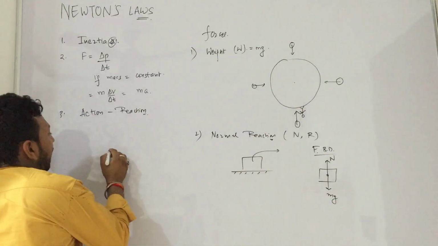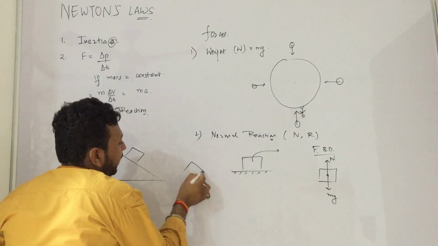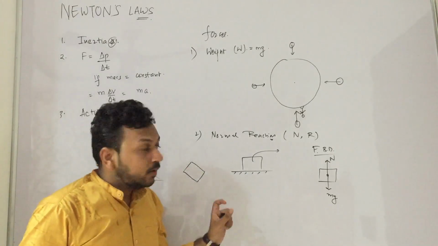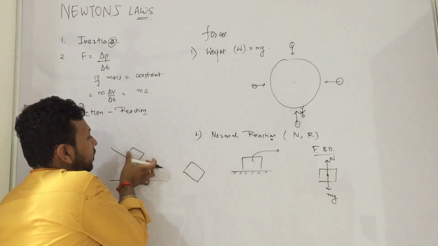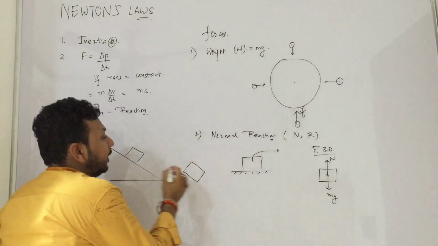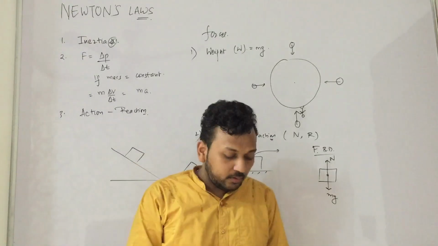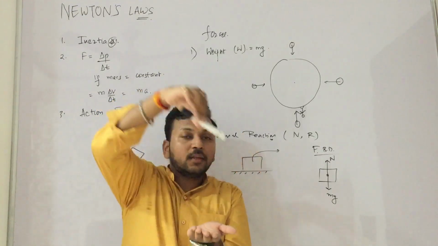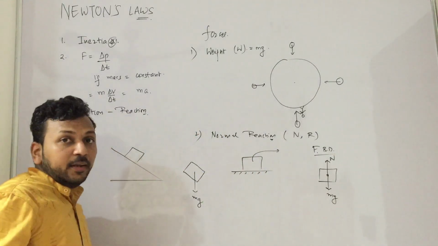If I consider a tilted plane, now if I make the FBD, first of all, you do not have to rotate the object on your own. Object is tilted, you have to make it tilted. That's it. Okay. Some students, what they do, they rotate the object and then make the FBD. No, this is a wrong practice. Now what will happen? mg will be exerted downwards. If I drop the pen like this, it will come down, right? If I drop the pen tilted, it will still come down, right? So mg, it always acts downward, whatever be the position, it doesn't matter.